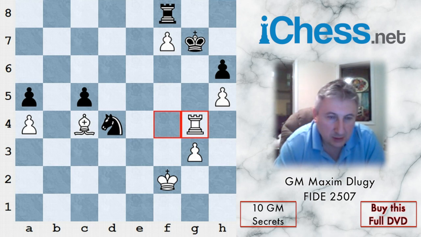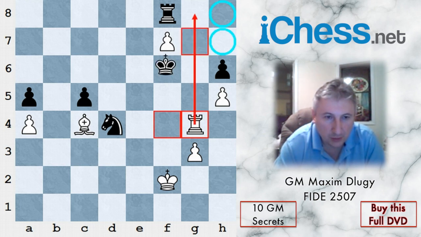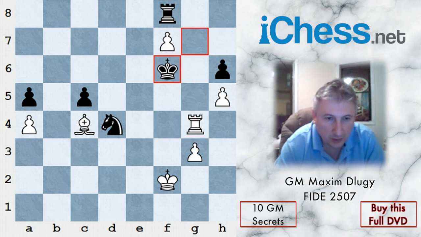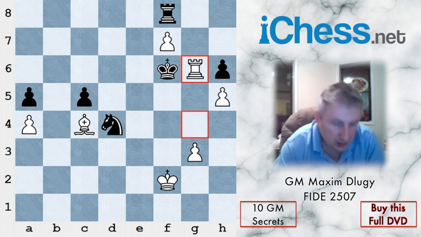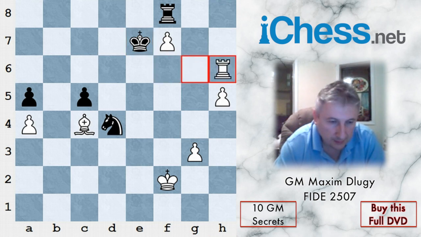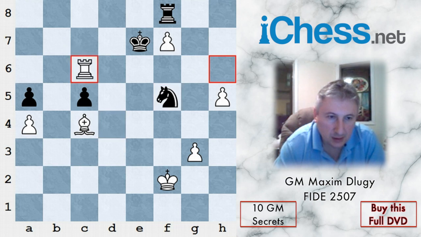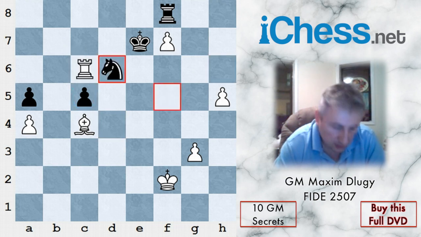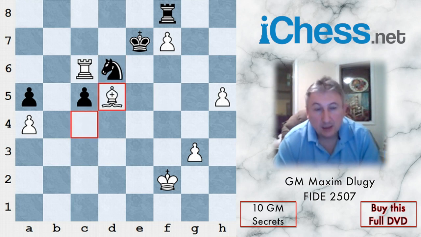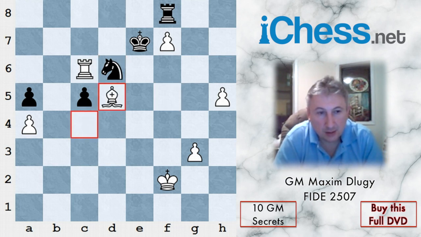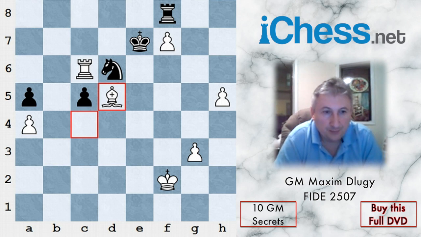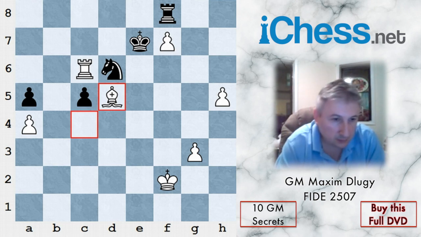And of course, if black moves his king to h7 or h8, rook g8 will win, so he has to surrender the h pawn, king f6, rook g6 check, king e7, rook takes pawn, knight f5, rook c6 attacking yet another pawn, knight d6, and bishop d5. And here black decided to resign, because not only is he 2 pawns down,